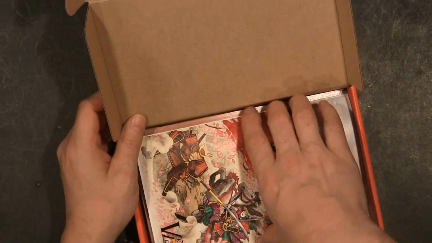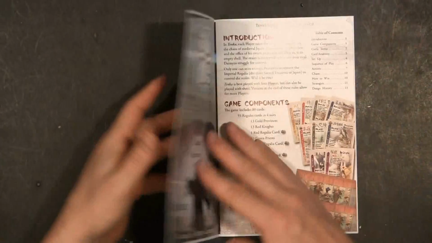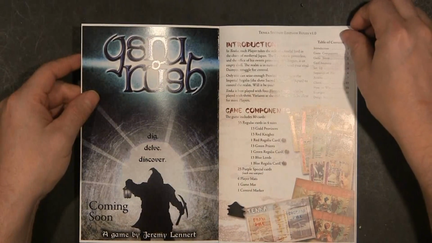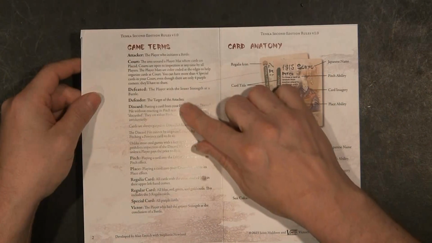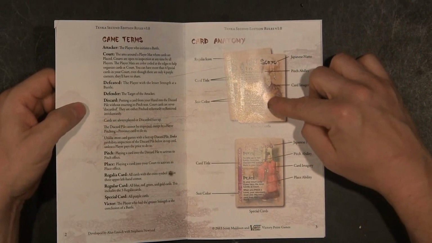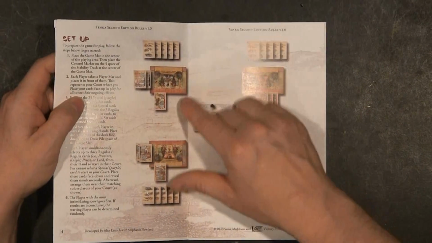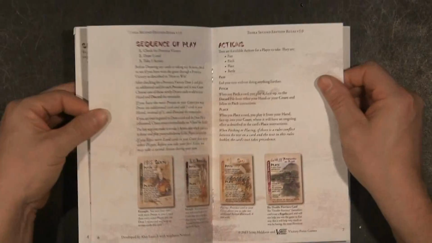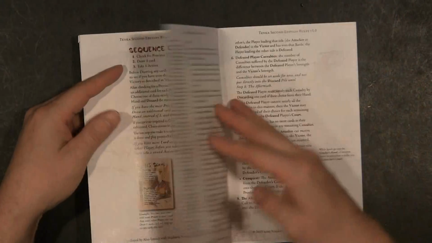Inside the box, you have the rule book with the introduction, all the game components, the terms you'll need to know are right on the second page. You have the card anatomy on the third page, how to set up the game. A lot of pictures, which is very good in a rule book in my opinion. The sequence of play, actions,